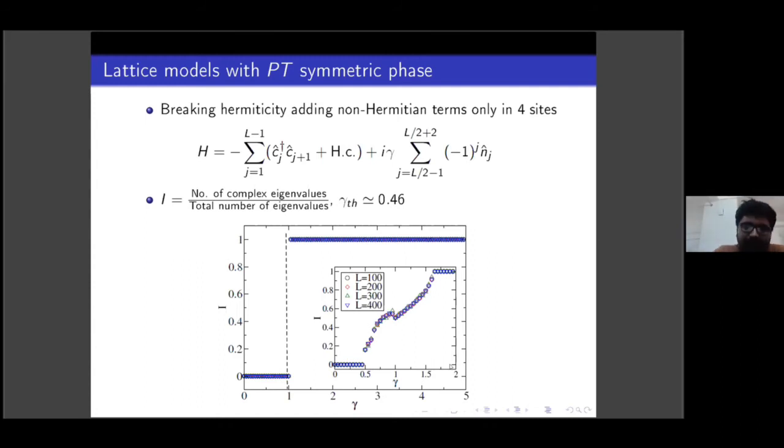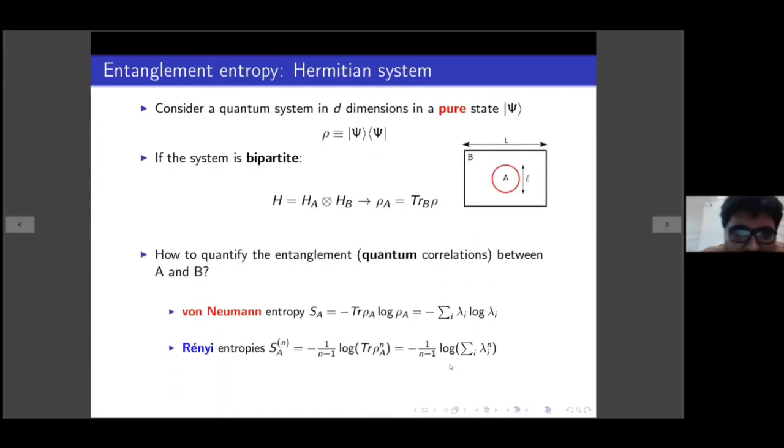Okay, thanks. Oh, great. Okay, so let's now come to the main part of the talk, because my title slide suggests the entanglement entropy of this non-Hermitian system. So let me first introduce what we mean by the entanglement entropy for, let's say, a Hermitian system. Okay, so let's say you have some system which has some dimension L, and you prepare your system in some pure state psi. So your density matrix looks something like this. And now let's say you divide your system into 2 parts. So essentially we say that your system is bipartite. So you write down your Hilbert space as HA cross HB.